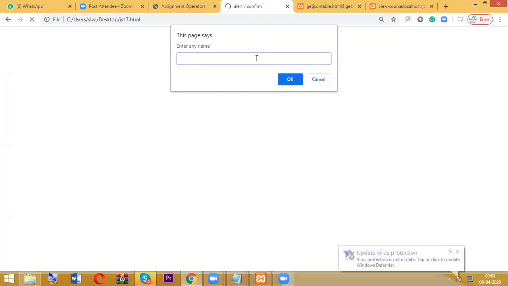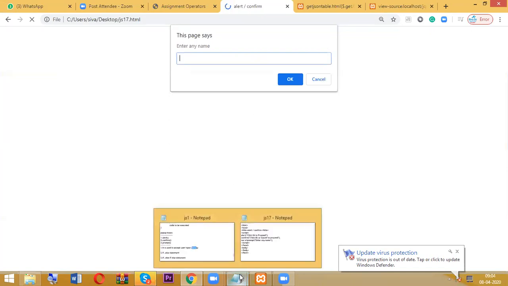As per JavaScript, we can have only one text field. If you go to jQuery or Angular, there you can have more than one field, a complete form you can plan. But as per JavaScript, regarding prompt, only one text field.